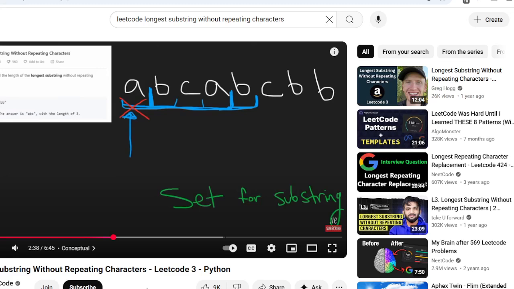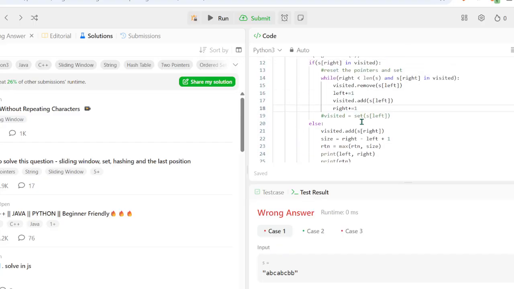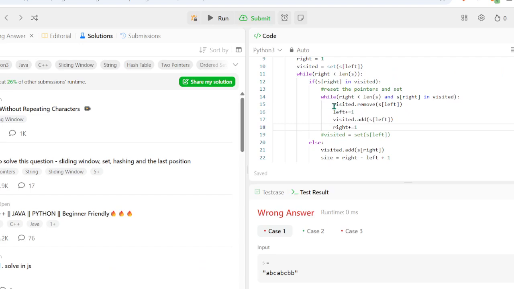My first approach was wrong, right? Doing the whole left equals right, right equals right, that was wrong, and I figured that out because the test cases would fail it. But my other approach was kind of to keep removing characters from the back, and you can see that's kind of what I was trying to do here, right? I was removing the left character and then incrementing it by 1.